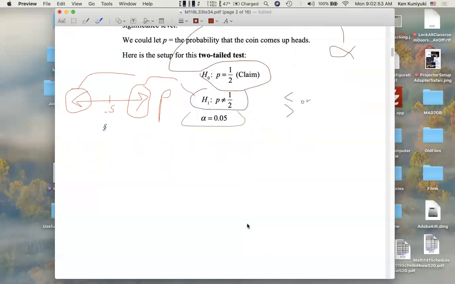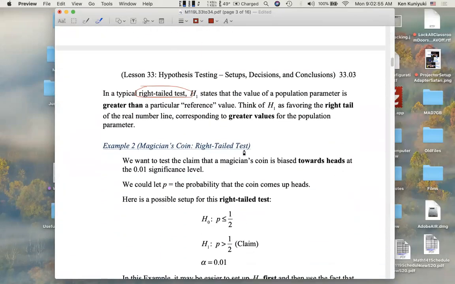line. Now, in a right-tailed test, the alternative hypothesis favors the right tail. And remember, the tail corresponds to the alternative hypothesis. Okay, we have a right-tailed test here. Here, the alternative states that the value of a population parameter is greater than a particular reference value. Again, think of the alternative as favoring the right tail of the real number line, corresponding to greater values of